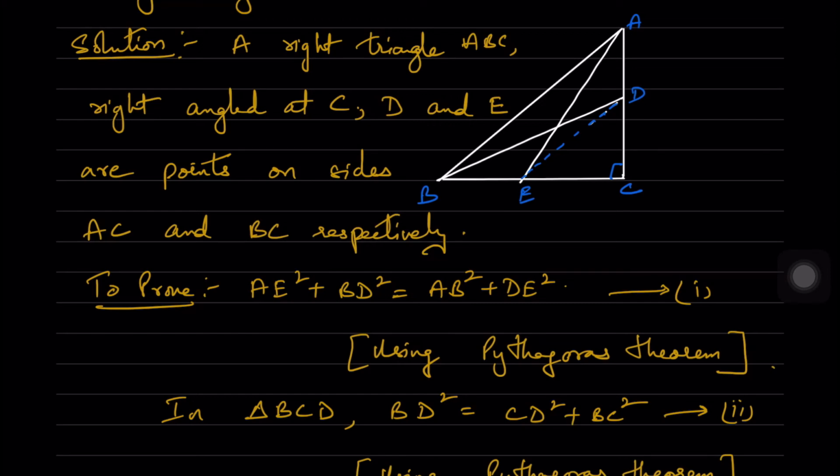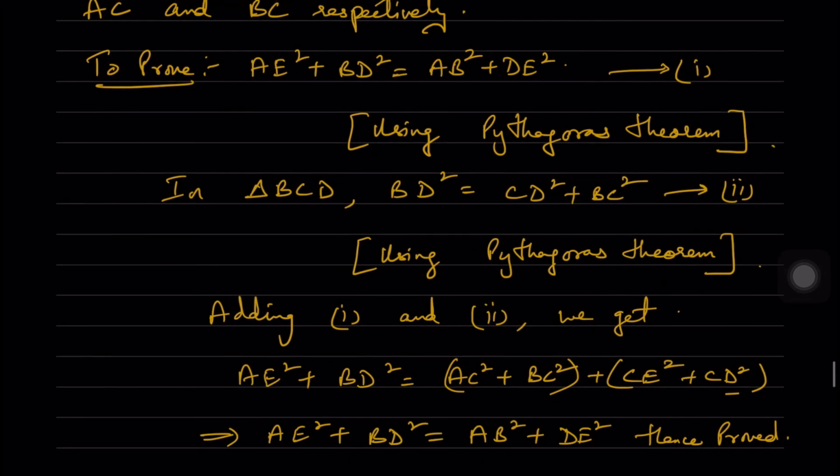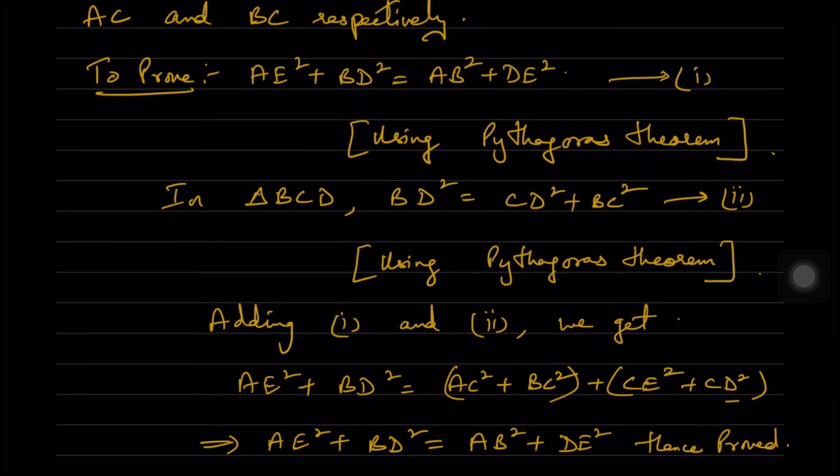So using Pythagoras theorem for the first one, that is triangle BCD, because it's right angled at C, we can write BD square is equal to BC square plus CD square. Then adding 1 and 2 here, we get